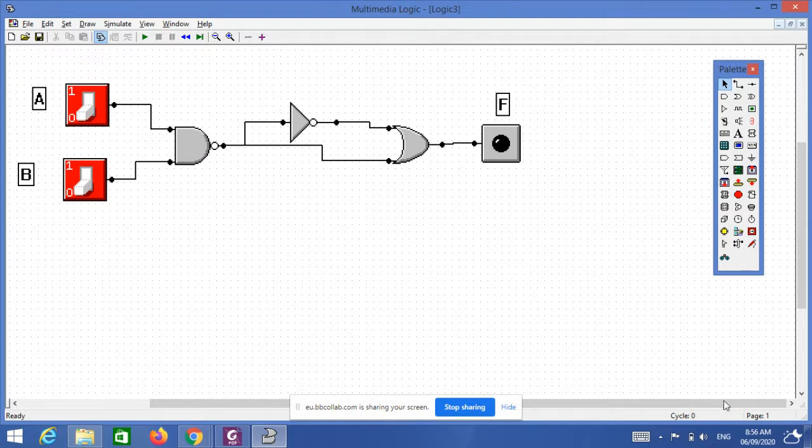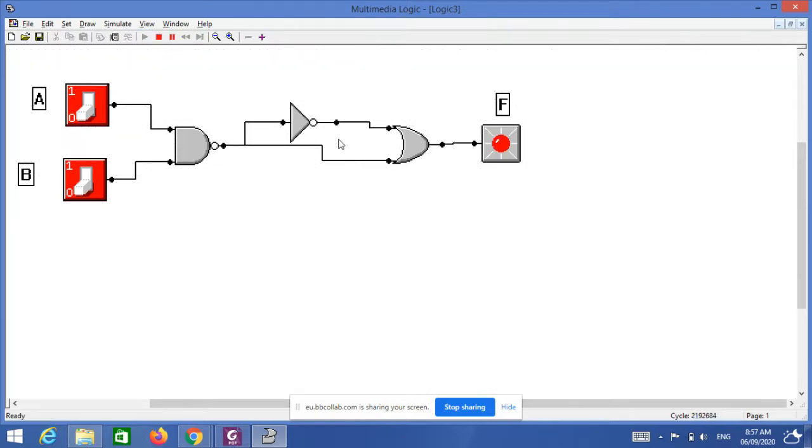So now this is your circuit. All of you, please note down the output of this, because when I go back to sharing the screen, I will show you how to add SOP and POS for it. I'm running it by clicking on this green button. You see, both inputs 0 0, output is 1.